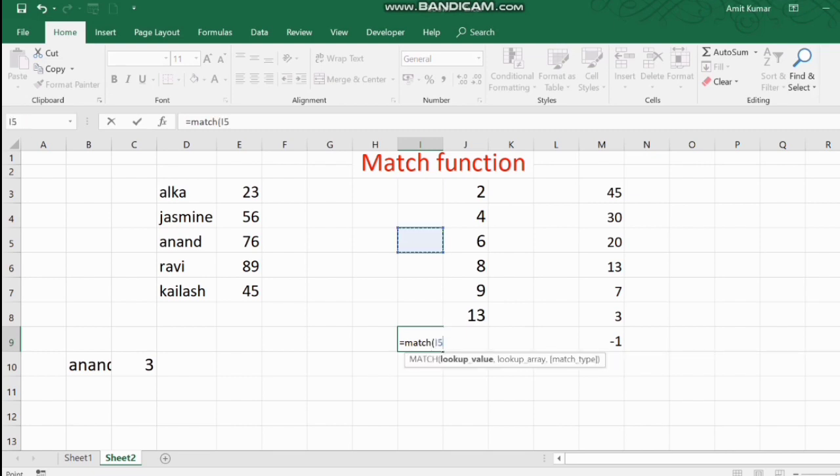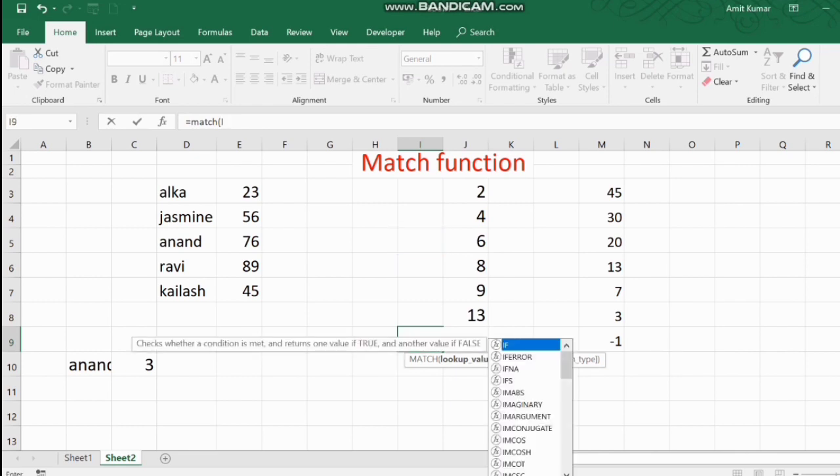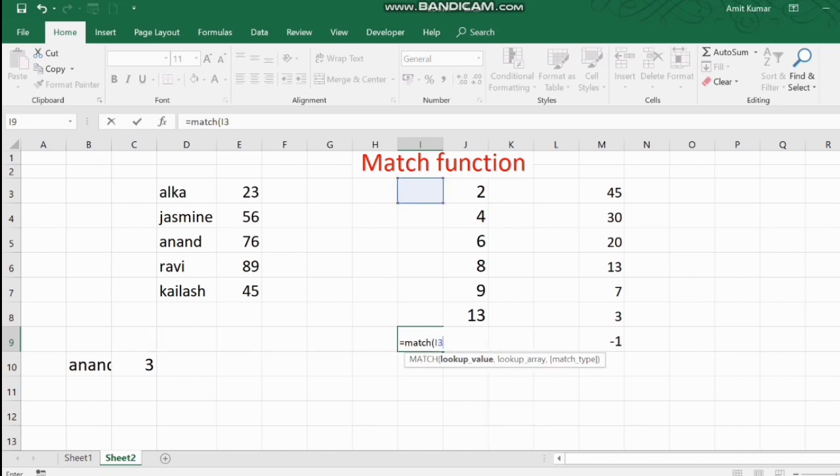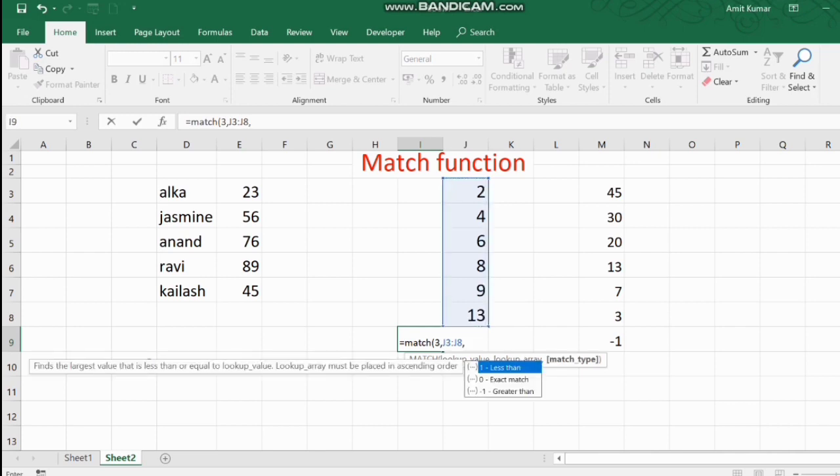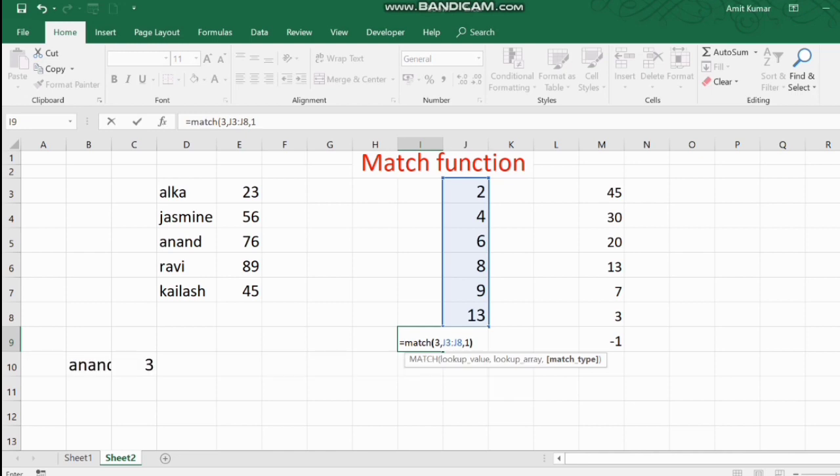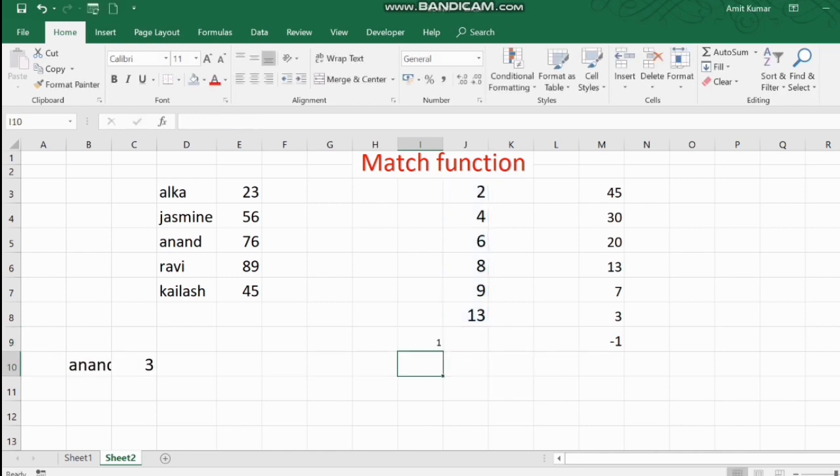Let's suppose we want the value for 3, comma, lookup array. We have to select this array. And then what is our match type? This is just 1, bracket close and enter. We got the value 1.